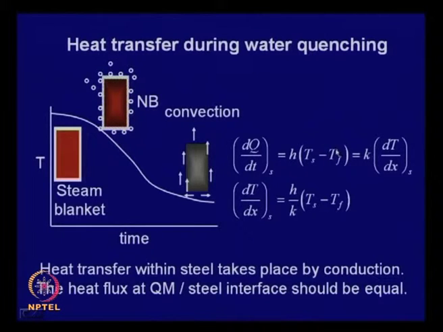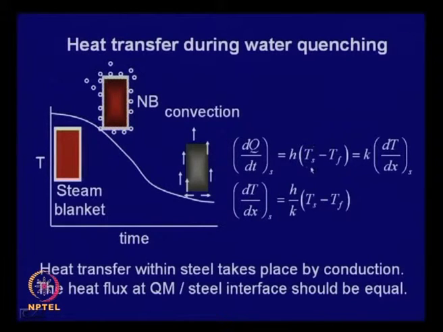So, let us say this is room temperature, and Ts is the surface temperature at any instant. If we say that it is the initial, just when you quench, this temperature is the austenitization temperature right at t equal to 0. This is the temperature, whereas at any instant